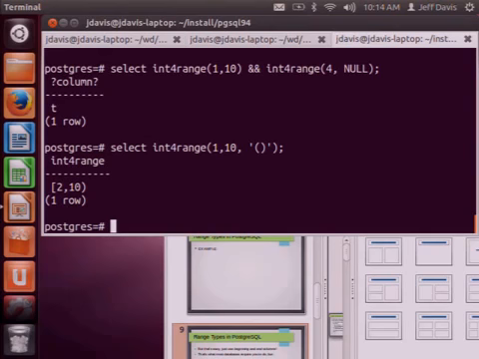There are ranges that can be extended. So there are integer ranges, timestamp ranges, timestamp with time zone ranges, date ranges, and numeric ranges out of the box. But one thing we can do is define new range types. Create type float range as